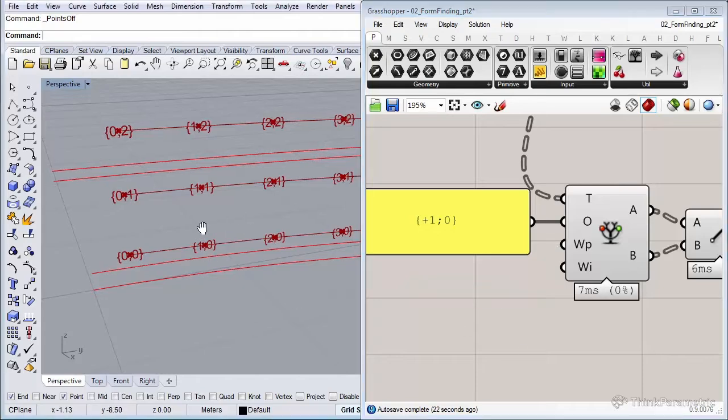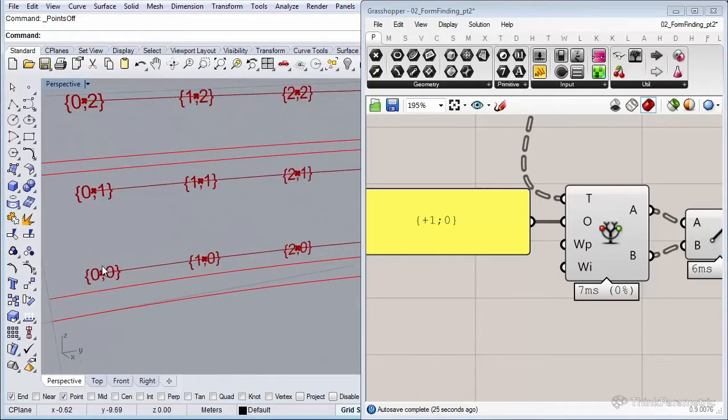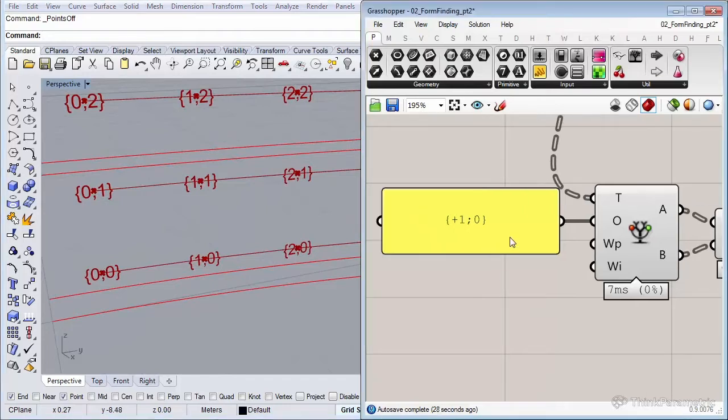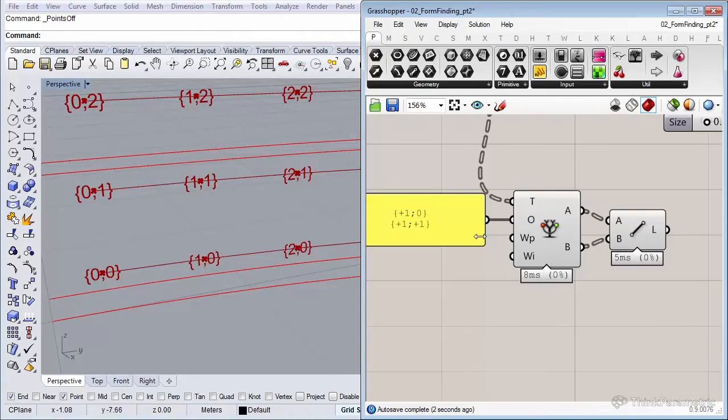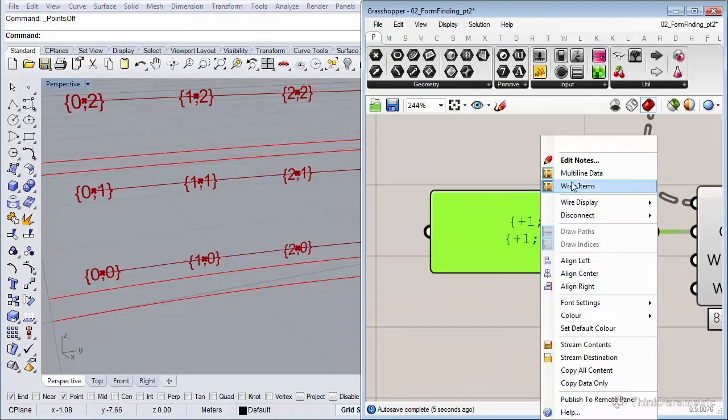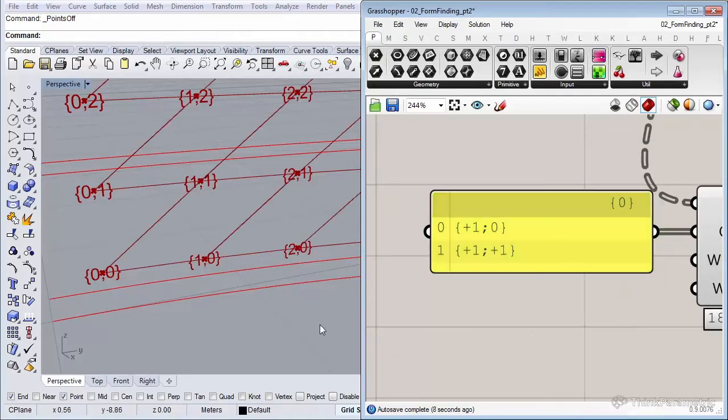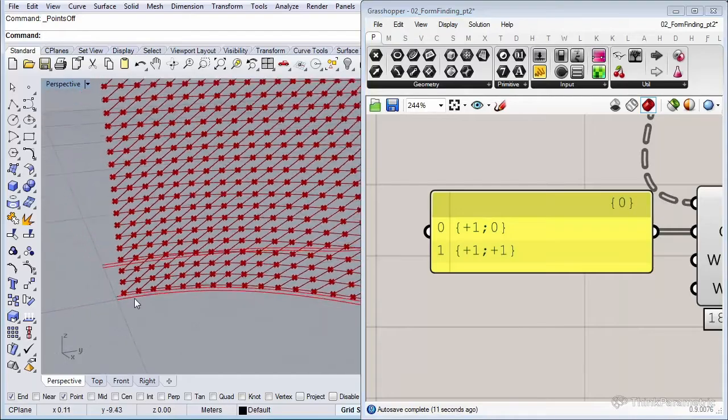So that's nice. And the nice thing of the offset is that you can insert multiple offset values. So let's say I want to retrieve the value that's diagonally to the right. So if I look at 0,0 again, I want to retrieve the value that's at 1,1. I specify +1 and +1. So +1 to go to the right and the other +1 to go 1 up. Oh, I need to set this list to multiple data line. And now you can see it also created a diagonal line, which is really cool.